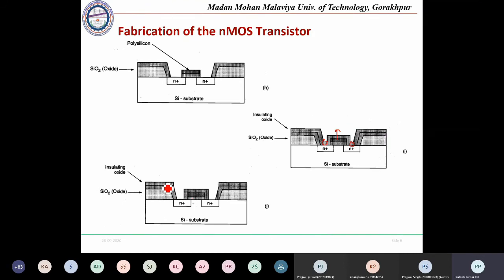Now this insulating region, this one is an insulating oxide, separates the gate region from the drain and source. Suppose this layer was not there, what will happen? Once we have connected the drain and source here, it will also be connected to the gate. Okay, so this will be like a shorted structure. So to separate them, we have to deposit a thin oxide layer to separate gate, drain and source.